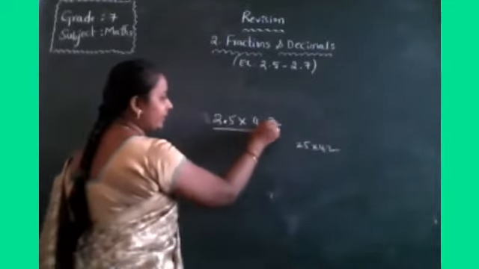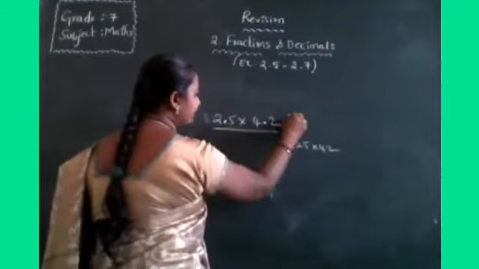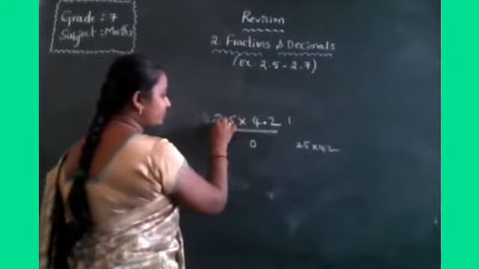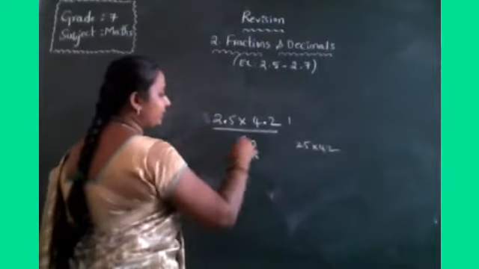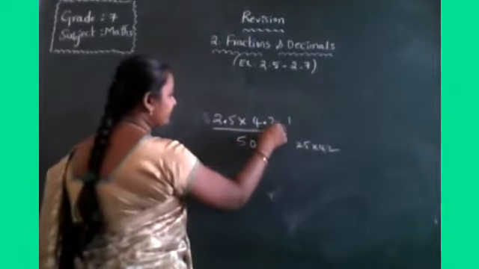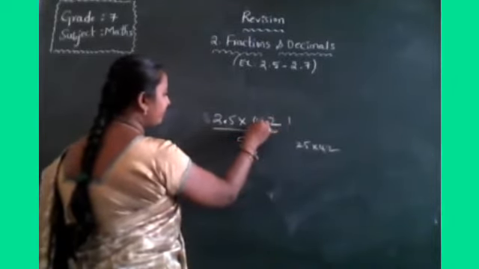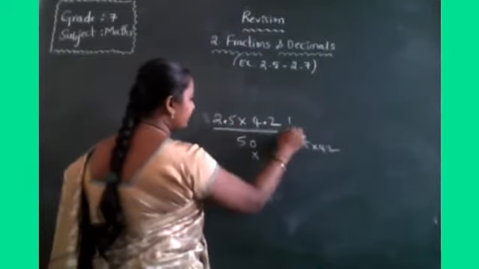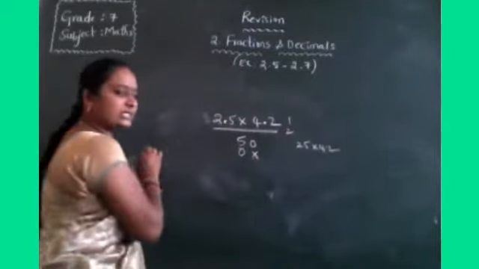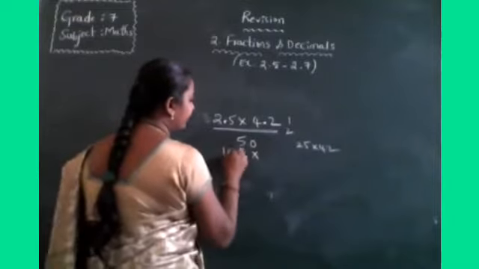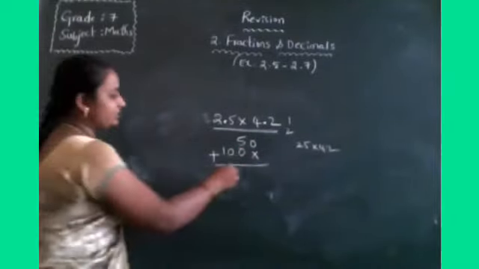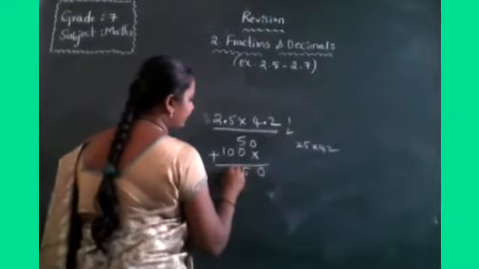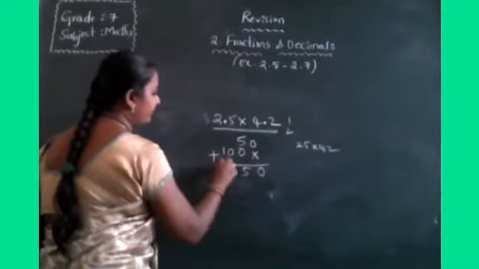So like this. Okay, first multiply: 2 5s are 10, 2 2s are 4 plus 1 is 5. Next leave the ones place and go for the next digit, 4. Right. 4 5s are 20. 4 2s are 8, 8 plus 2 is 10. Now in the multiplication you have to do addition. So 0, 5, 10, 0, 1.